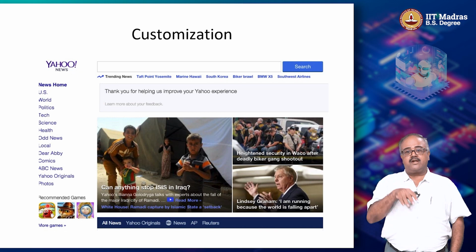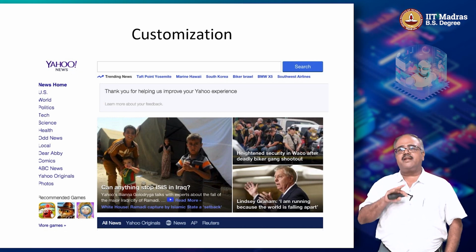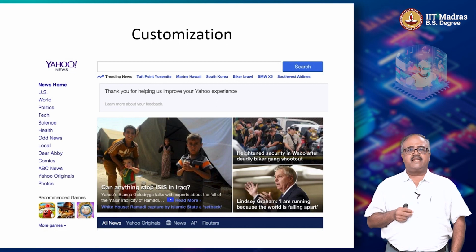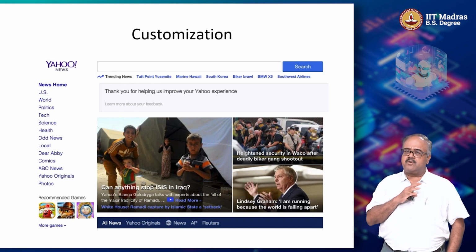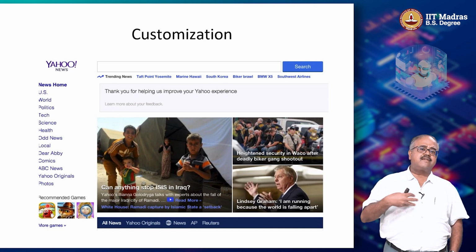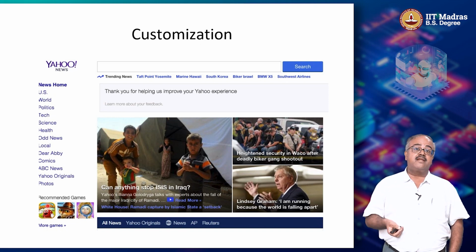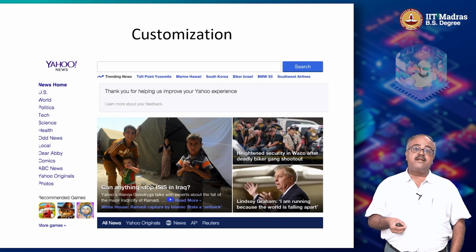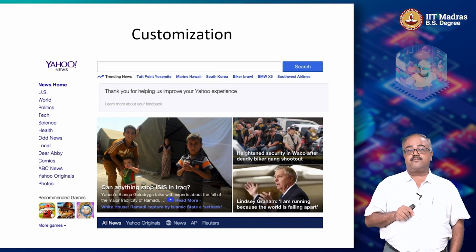Or if somebody says, I don't like this story, sometimes you just say, don't show this to me anymore, kind of a feedback, right? If you give that, then they take that as a negative feedback. If you don't do anything and you move on, then it is basically no feedback. So using this kind of information, people started learning what is the likelihood that somebody is going to click on a story.